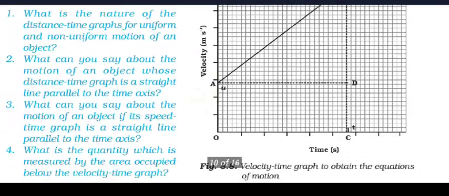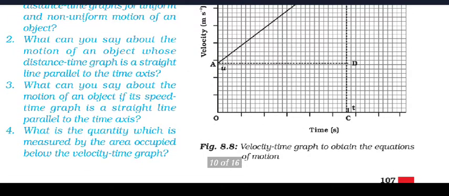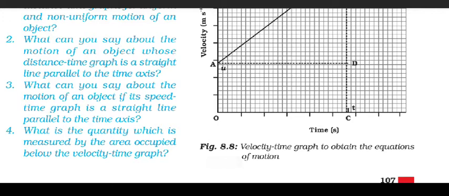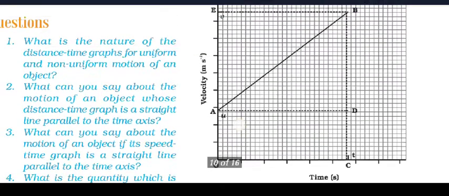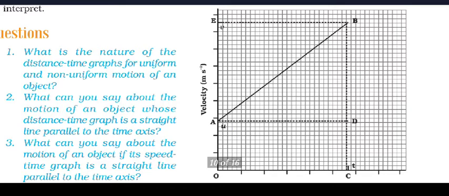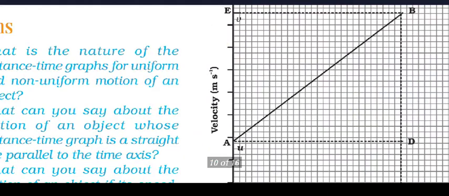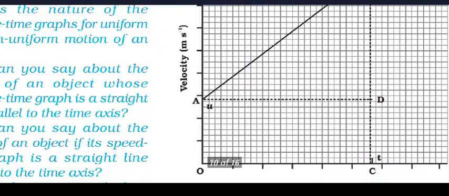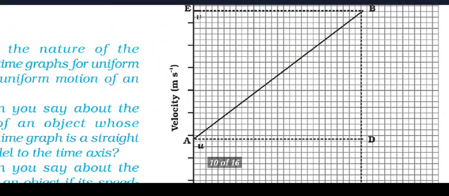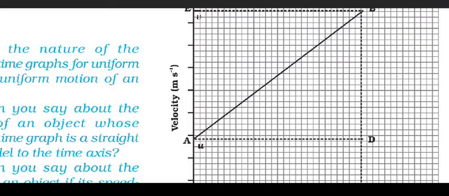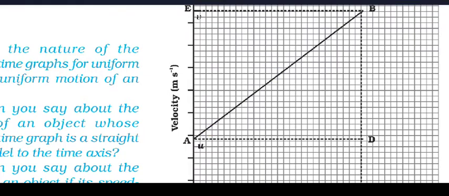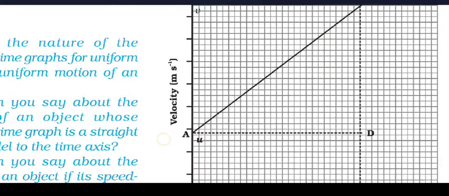This is the main graph we have to focus on. It is mainly a VT graph. You can see that here we have velocity against time. How we can draw these graphs, I told you in the last lecture also, in a very simple way. Till here it is a uniform, constant velocity graph, and above that the velocity is changing. And when velocity is changing, acceleration is occurring.